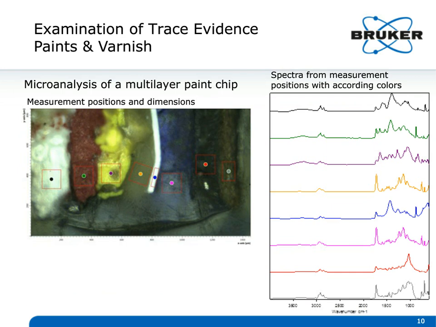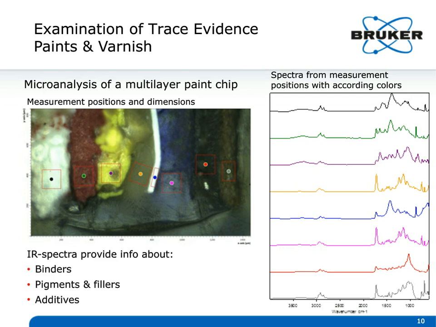One of the most famous examples in the forensics world in the news over the last 15 years was the Princess Diana investigation, where a paint chip was recovered from one of the cars, and it was determined from the paint chip analysis that there was not a third car involved in that accident that took her life. And this is a typical paint chip analysis where you can see the many different layers under